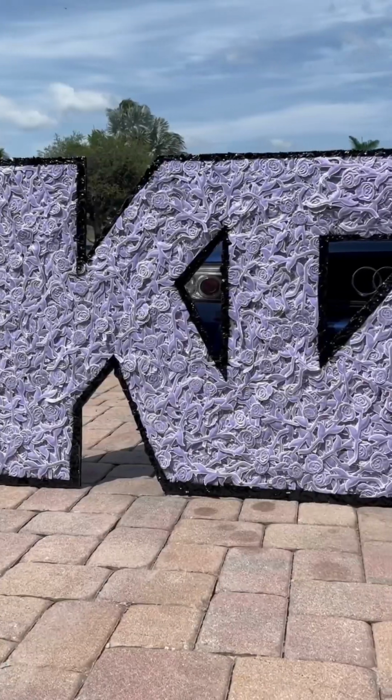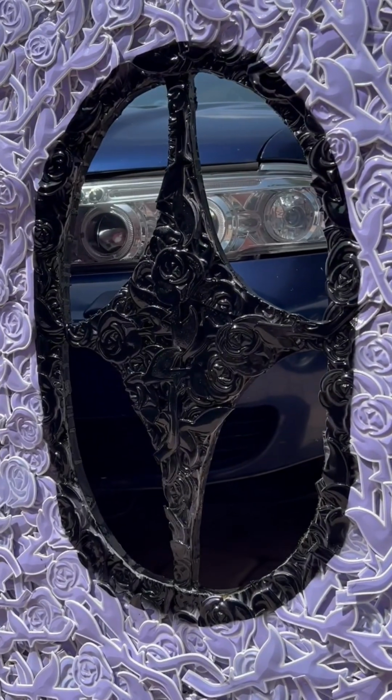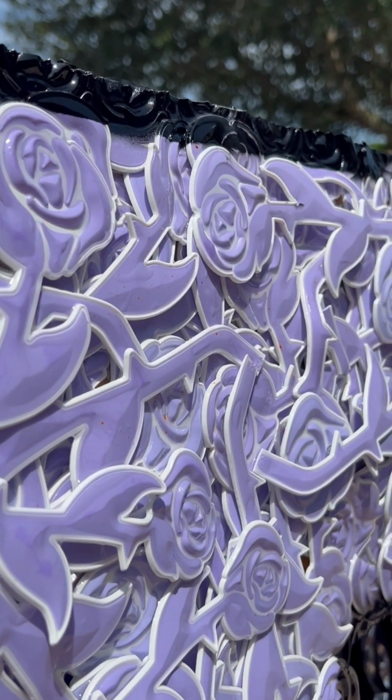And the piece actually came out amazing. It's about 200 pounds. It's been sitting on top of our cabinets for about a year now, and it still looks just as good today as it did a